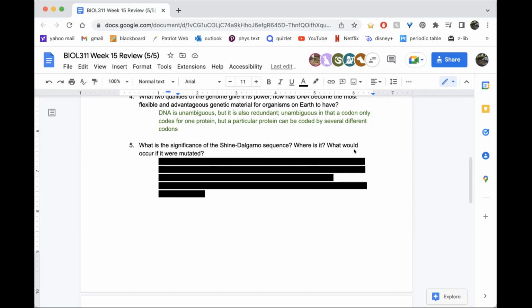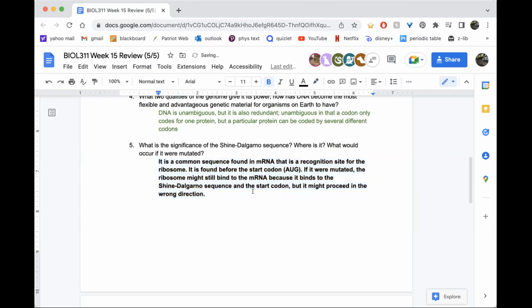So what do you think would happen if we mutated the sequence? Would we still be able to bind the ribosome to the mRNA, or would we not bind? Would we maybe go in the wrong direction? So yes, there is a chance that translation might not start, but because your ribosome binds to the Shine-Dalgarno sequence and the start codon, there's a chance that it could still bind to your start codon, but